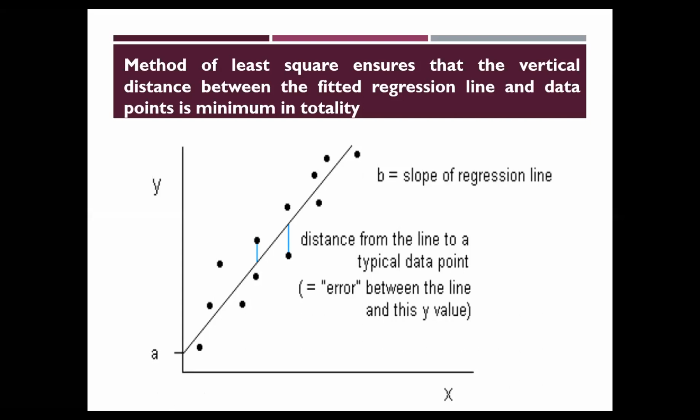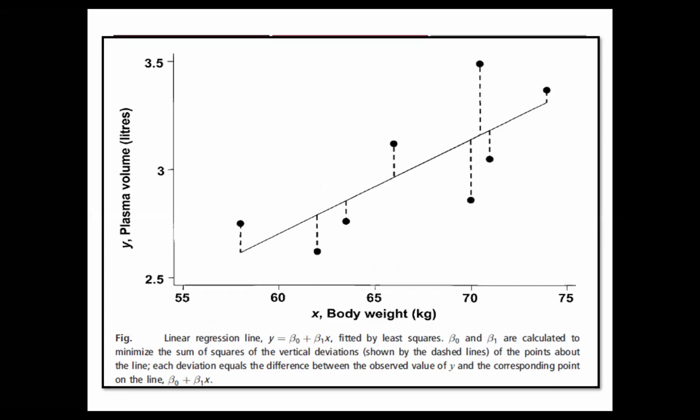So this is called the method of least squares. What we do is try to minimize the error between the actual value and the fitted line. The difference has to be minimum. That is how we go about fitting the straight line. We can't just draw a straight line just like that. We fit a straight line based on this equation by calculating the regression coefficient and also the intercept. Then we see whether the difference between what we have observed and what we have fitted is small.